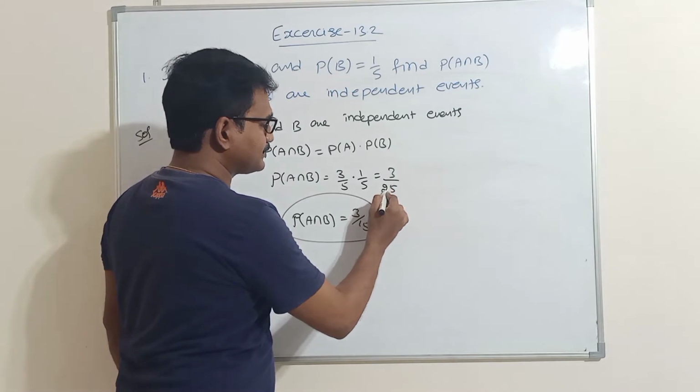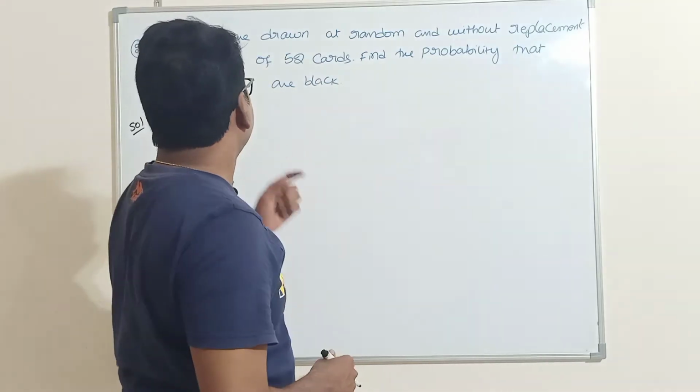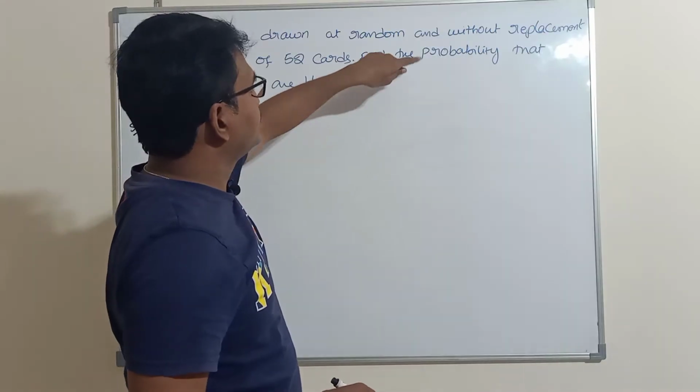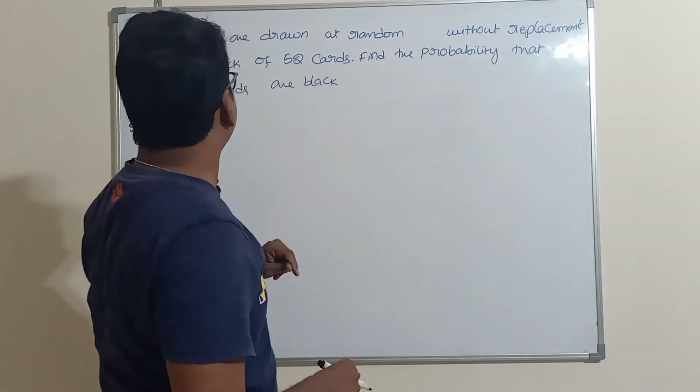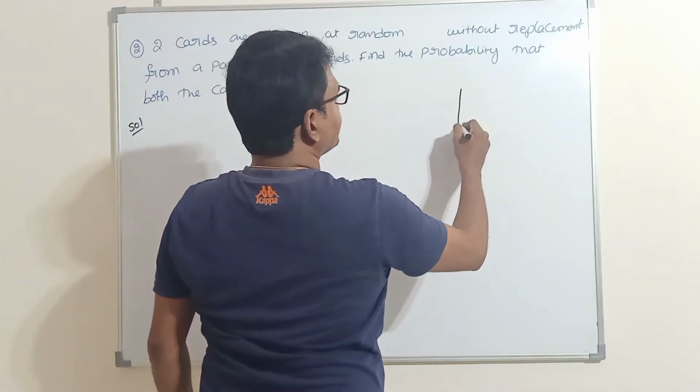Sorry, 5 is the 25. This is 25. 3 by 25. Two cards are drawn at random without replacement from a pack of 52 cards. A pack of 52 cards means